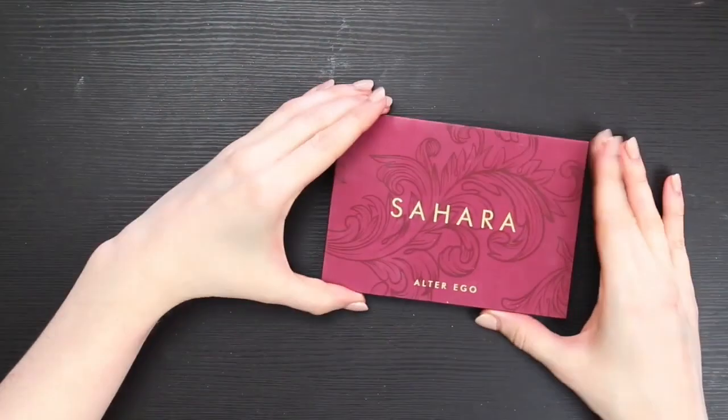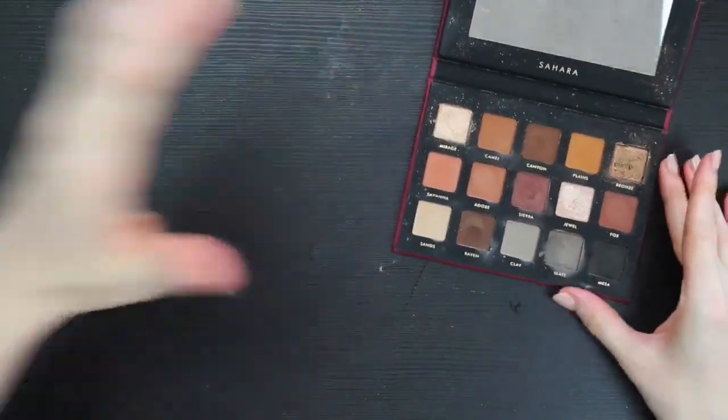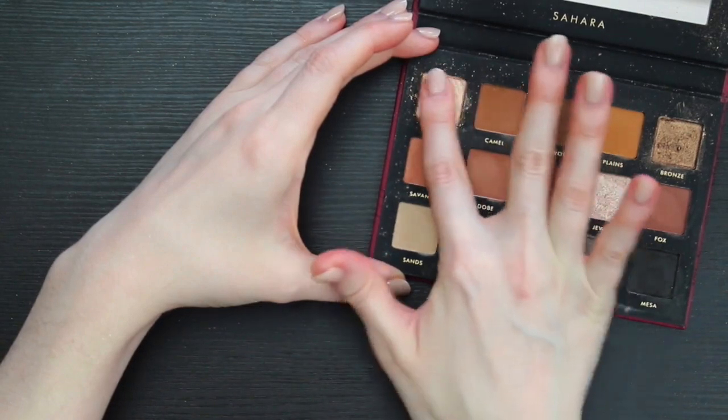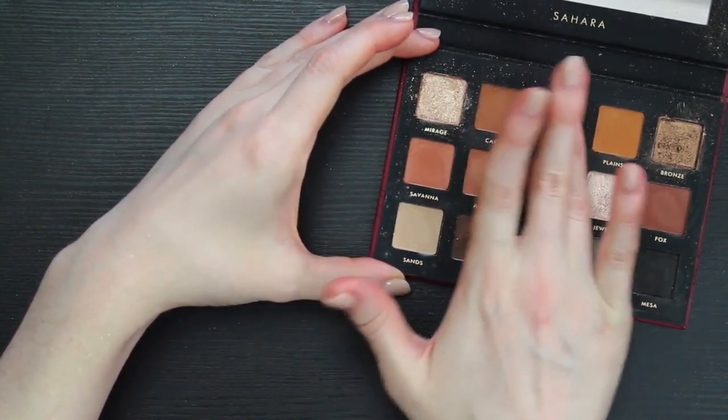All right, this is the second to last palette. It's the Alter Ego Sahara palette. I think we can zoom in a little for this. This one is so pretty. I've been thinking this might be kind of on the chopping block too, because I tend to reach for other ones instead of it, not because it